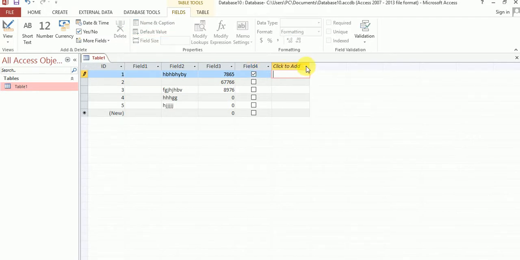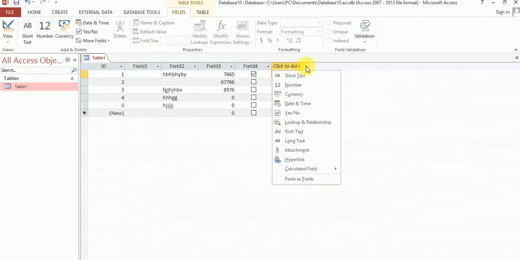Suppose you insert a new record, such as date and time or number.